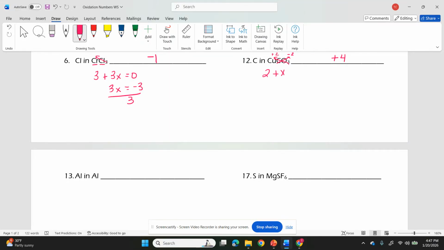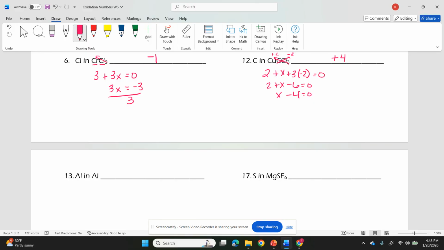Now oxygen, there's 3 of them, and it's going to be a -2 because it's not bonded to the exceptions. From here, this is going to equal 0, and then we have 2 plus x minus 6 equals 0, combine like terms, and then when you add, you get a +4